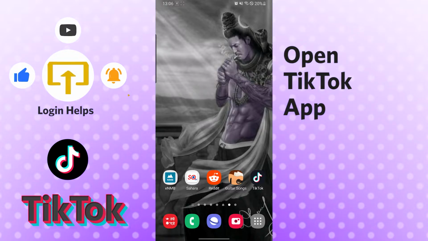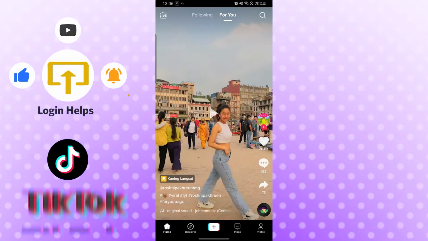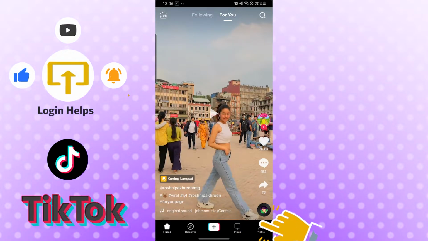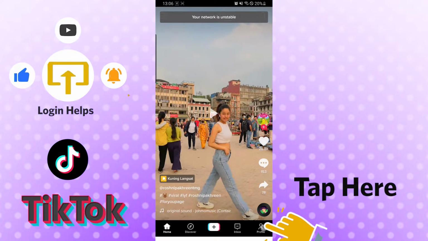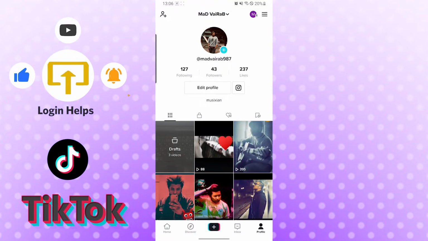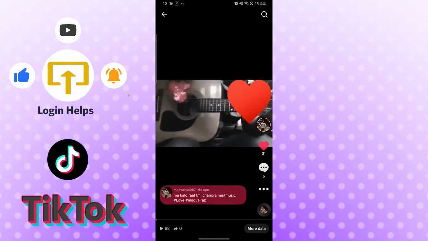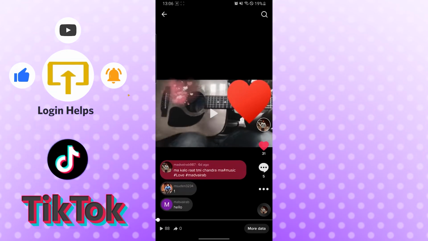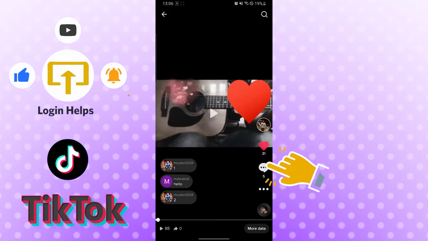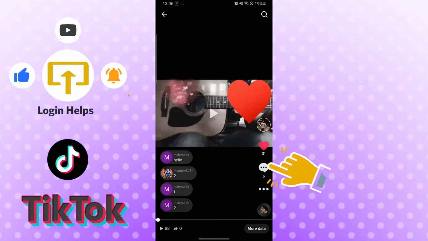Okay, let's open up our TikTok app first. Let's go to our profile by tapping on the profile button, which is at the bottom right corner of our phone. And let's go to a video having comments. Okay, let's pause the video and you can see the three dotted icon inside a bubble icon, which is for the comments. Just tap there on the bottom right corner